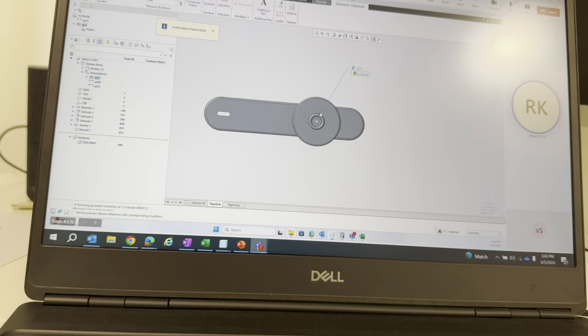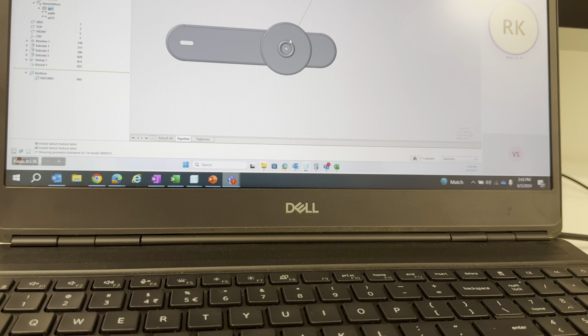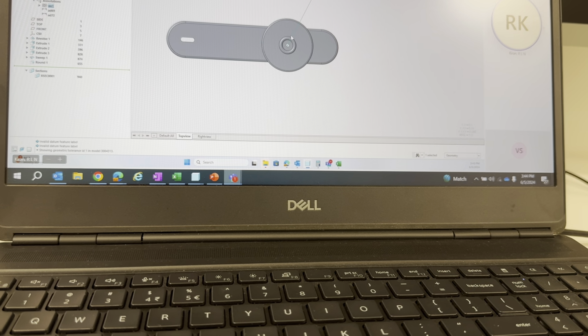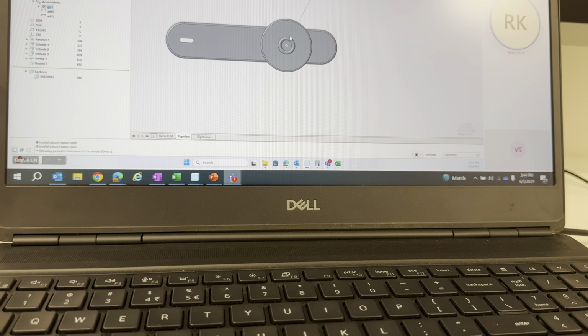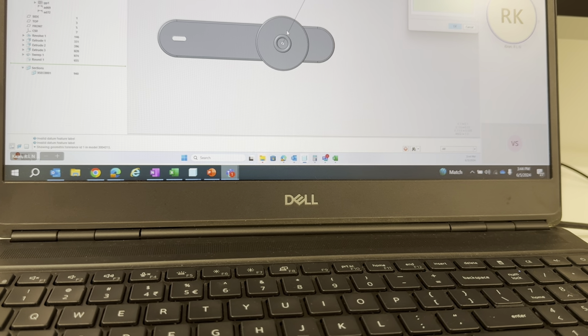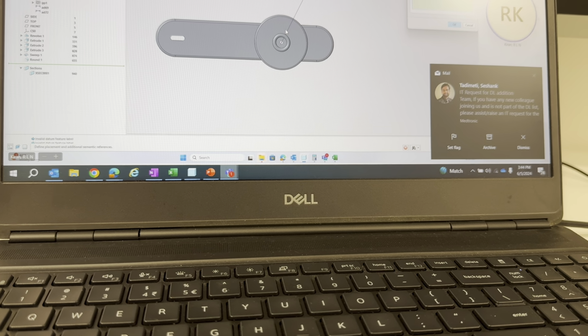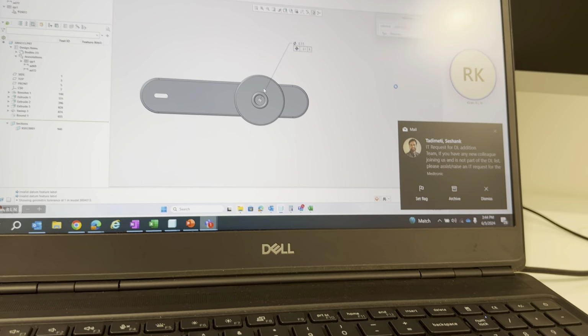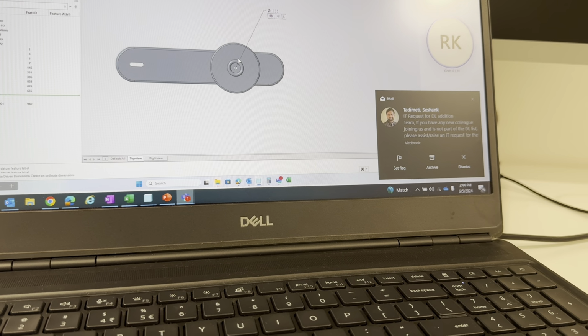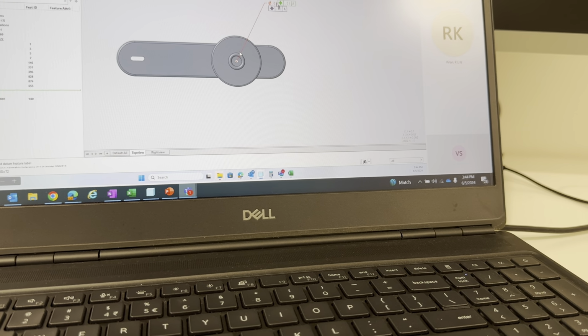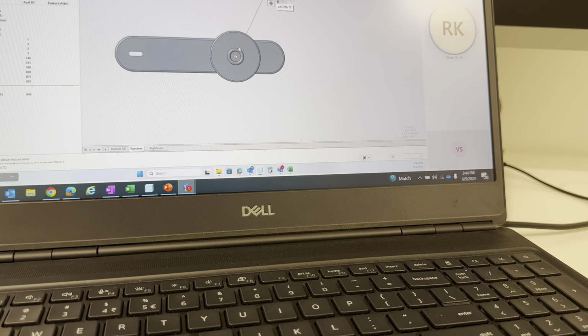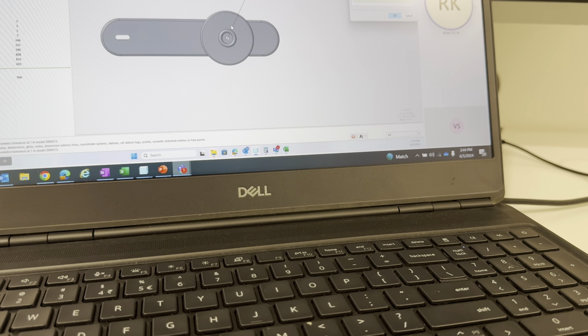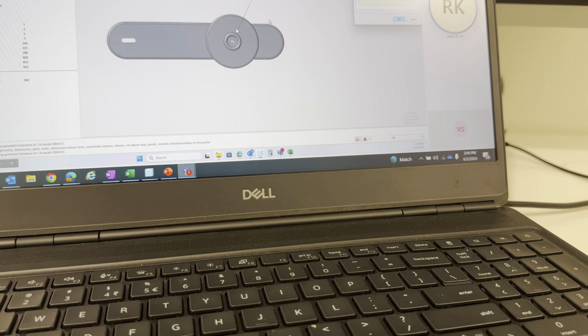So before doing that, you have to check again. Once again, you have to check the references. Why? Because in the software, it will be checking with respect to the surfaces, whether those surfaces have been picked or not. See, in this case, previously, why you have given a GD&T symbol, I have selected the dimensions, just to place this feature control frame. So again, you have to select the references and select the